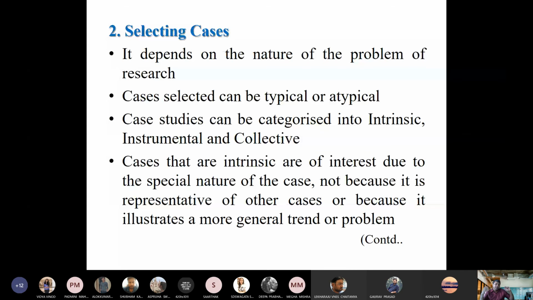They have a specific interest in particular cases, and then you can make a very detailed study on them and collect the information in a very different way. So